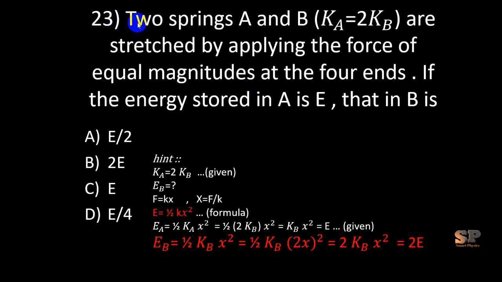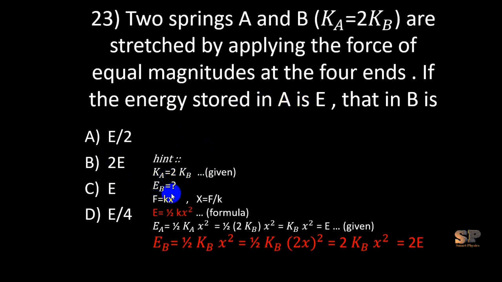MCQ number 23 है. Two springs A and B, where KA is equal to 2KB, are stretched by applying forces of equal magnitudes at the two ends. If the energy stored in A is E, that in B is E by 2, 2E, E or E by 4. We are given that the constant of spring A is equal to twice the constant of spring B, and we are also given that the energy stored in A is E, and we have to find out the energy